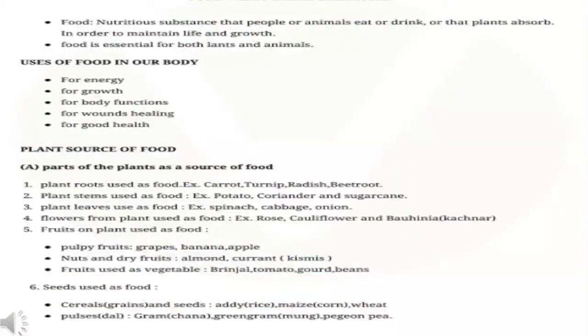So start with the first lesson, food, where does it come from? So what is food? Food is essential for living organisms and it provides the energy to carry out various life processes. Second, it helps in the growth and repair of cells. Third, it protects the body from various diseases. And fourth, it keeps the body fit.